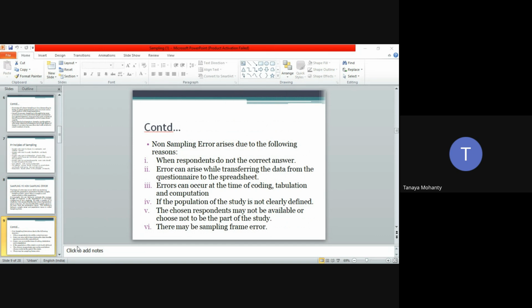You will spoil the entire thing. So that's the reason why we choose this idea of sampling, where you pick up a few units and test whether the same is applicable for the entire population. But if you don't choose your samples correctly, there lies your problem.